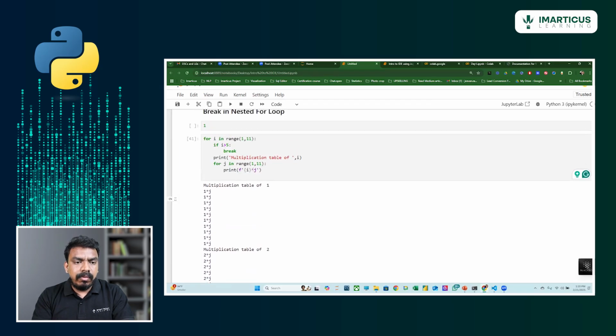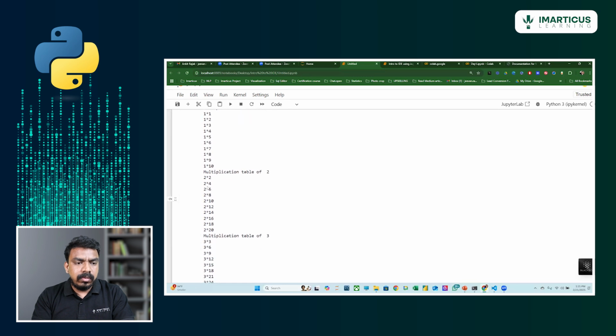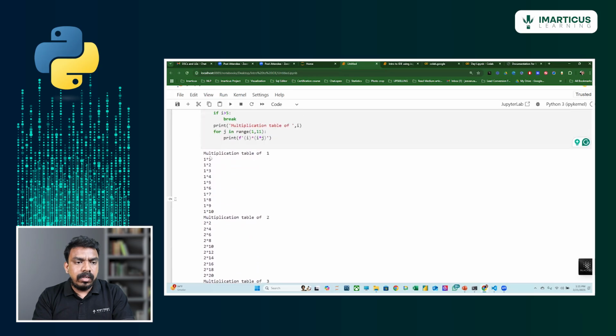So this j will also get replaced now. I will write j as the particular information, that is i into j, right? So can you see here, 1 1s are 1, 2 2s are 4, 2 3s are 6, 2 4s are 8. So the resultant output is printed in this way.